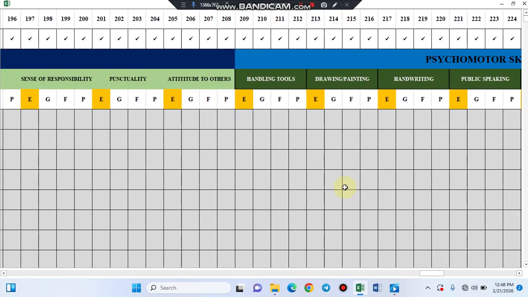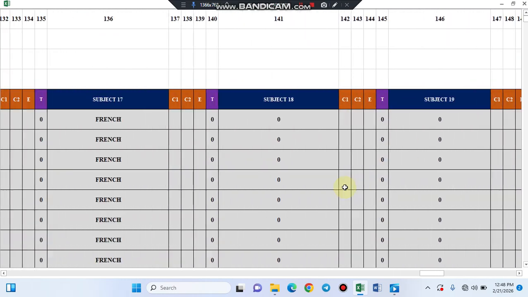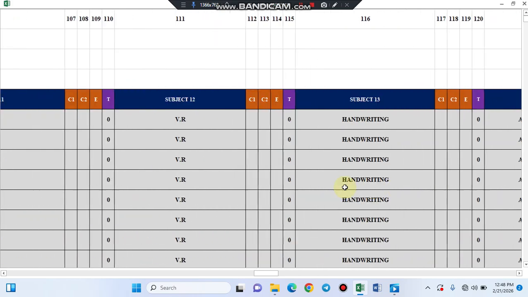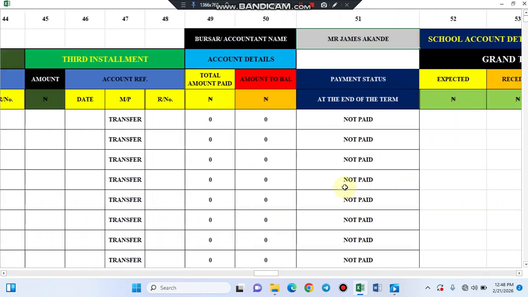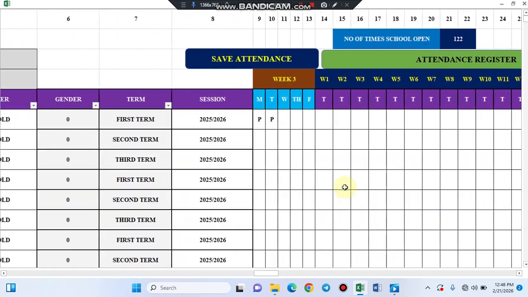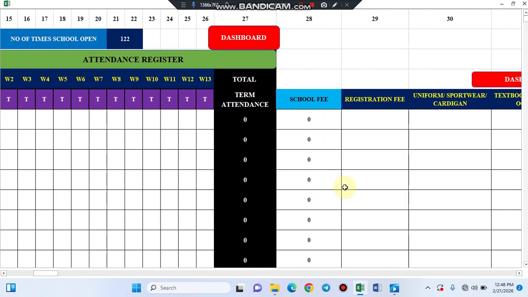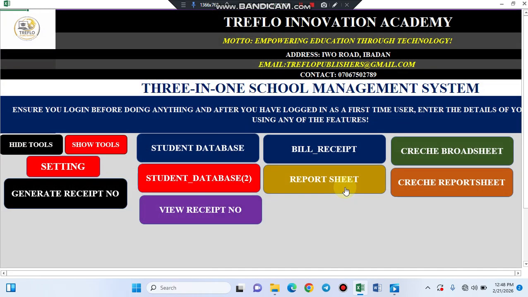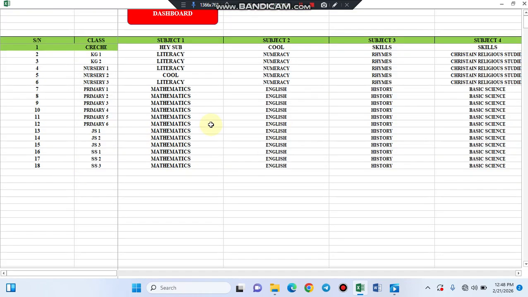And then when you are done with all of that, you can now go back to the results template I showed you earlier to check the result of each student. You can print as hard copy, and you can save as PDF. This is where you enter the subjects of your